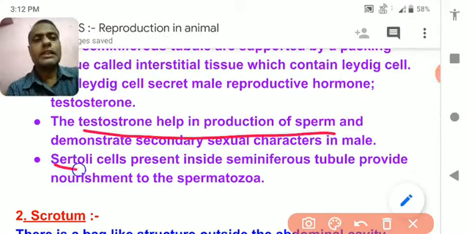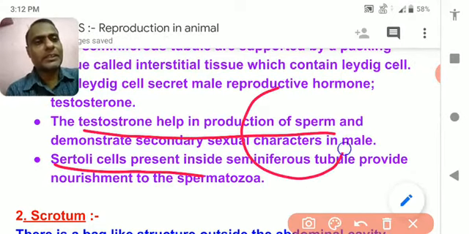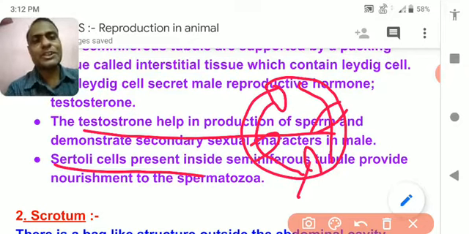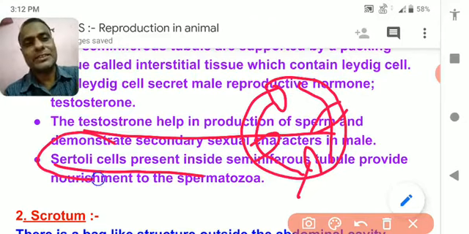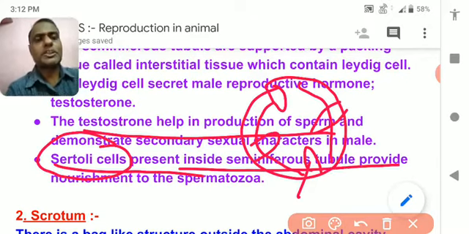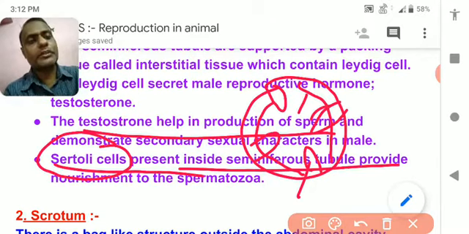Now, Sertoli cells are present in the seminiferous tubule. This is the seminiferous tubule. There are germinal layers. In between the germinal layers, here and there, there are specialized cells. These cells are called Sertoli cells. Sertoli cells are present inside the seminiferous tubule, and they provide nourishment to the